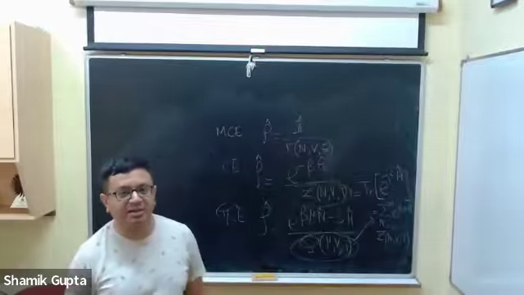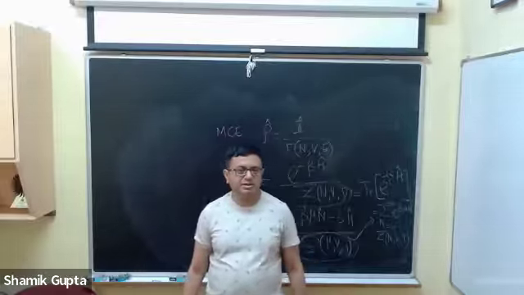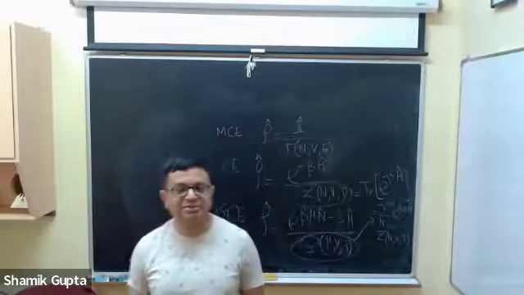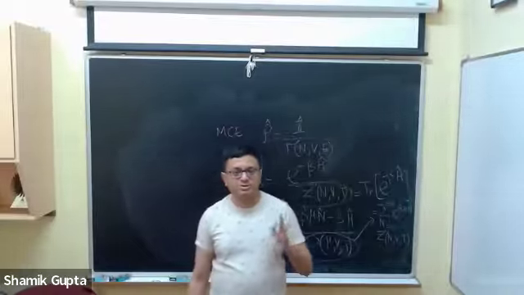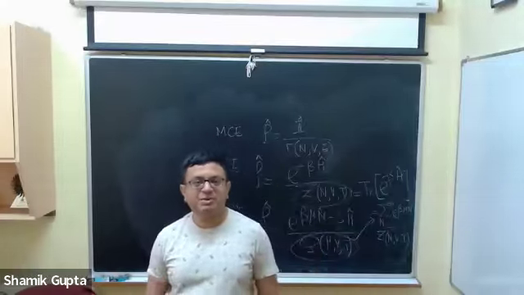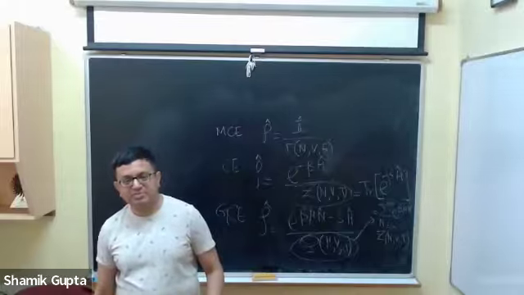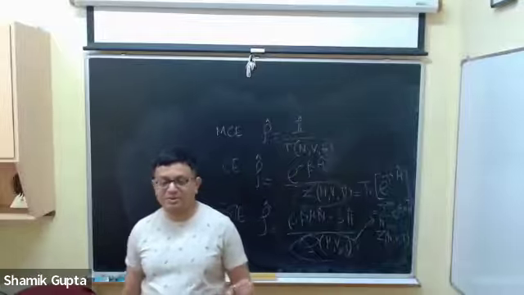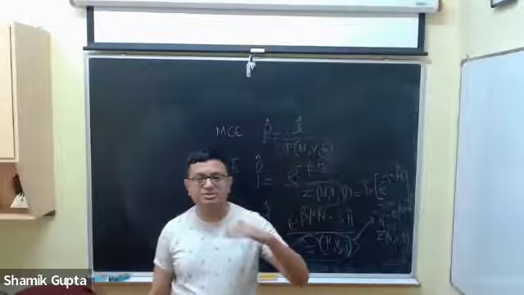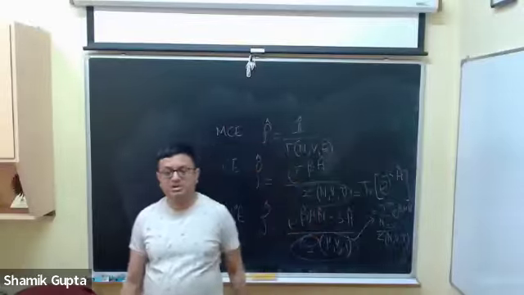Then we dealt with ideal quantum gases. Ideal means there is no interaction between the particles. There is only kinetic energy contribution to the energy. So we talked about two types of quantum gas, Fermi gas and Bose gas. Fermi gas, what is the feature? The feature is that, first of all, it's a non-interacting gas. So what I can do is find out the energy levels of the single particle system and start filling them up with particles.